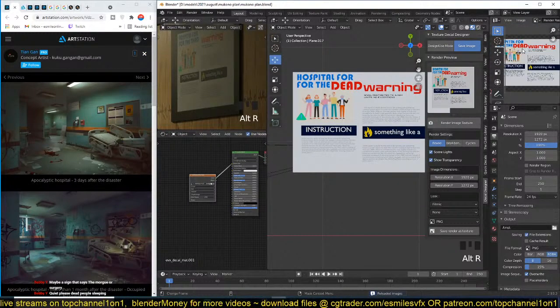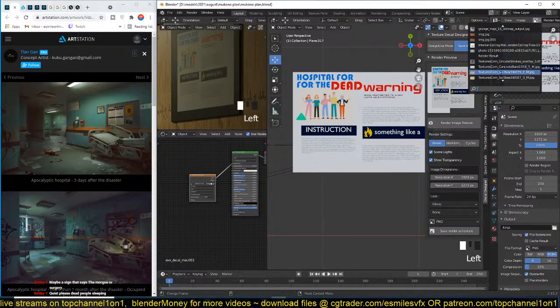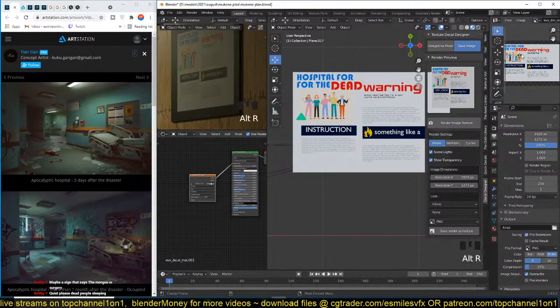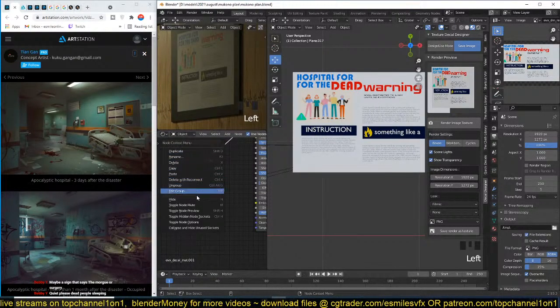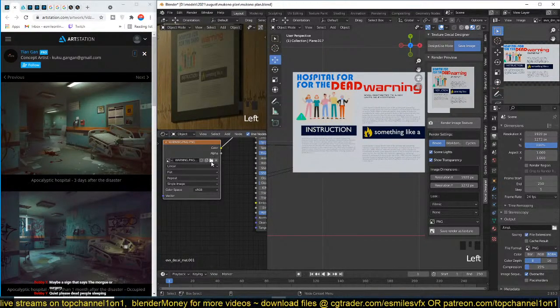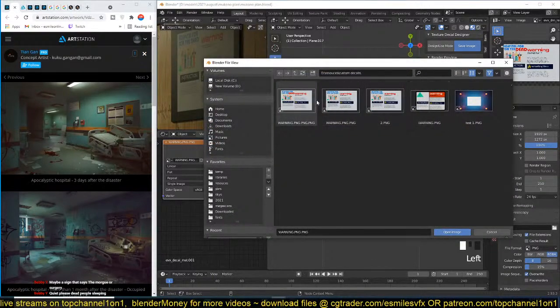I think I have to reload it here. Where is it? Is it this? How do you reload images? Because if you are able to reload this, you should just be able to update the